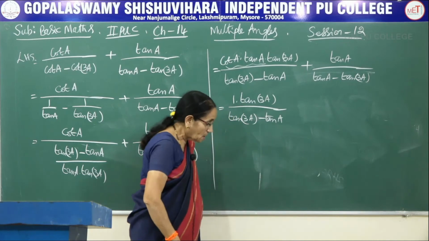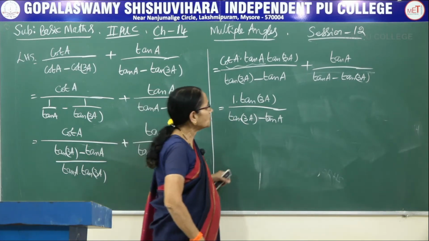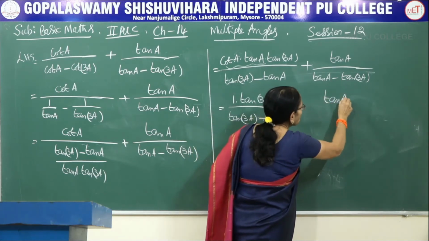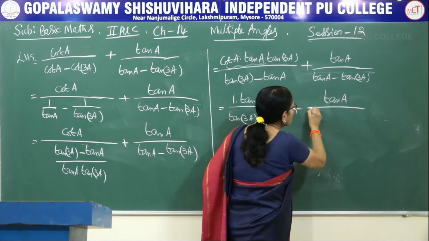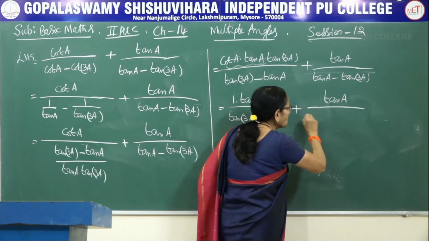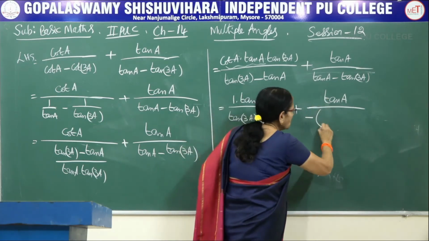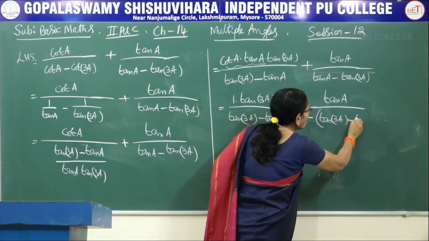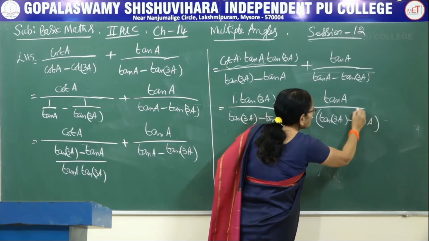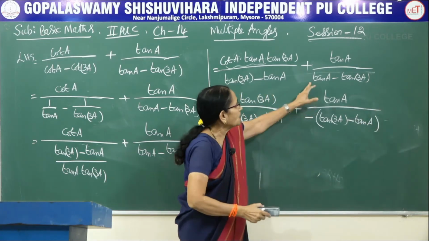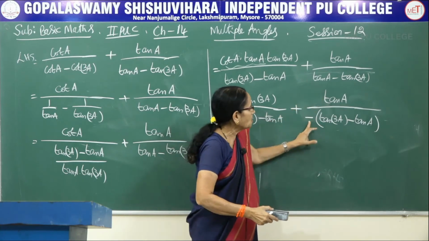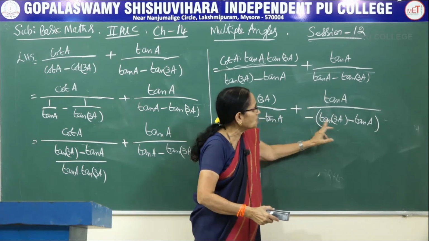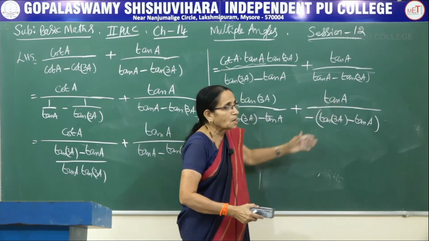Okay. Now, in the second term, one change I am making. That is, keep the tan A in the numerator as it is. In the denominator, from both the terms, I am taking only the minus sign. I will tell you the reason for writing that one. When you take the minus sign outside, minus becomes plus and plus becomes minus. See, tan of A was a positive term. When you take outside, it becomes minus tan A. And this was negative, it becomes positive. When you remove the bracket now, again you will be getting the same signs here.